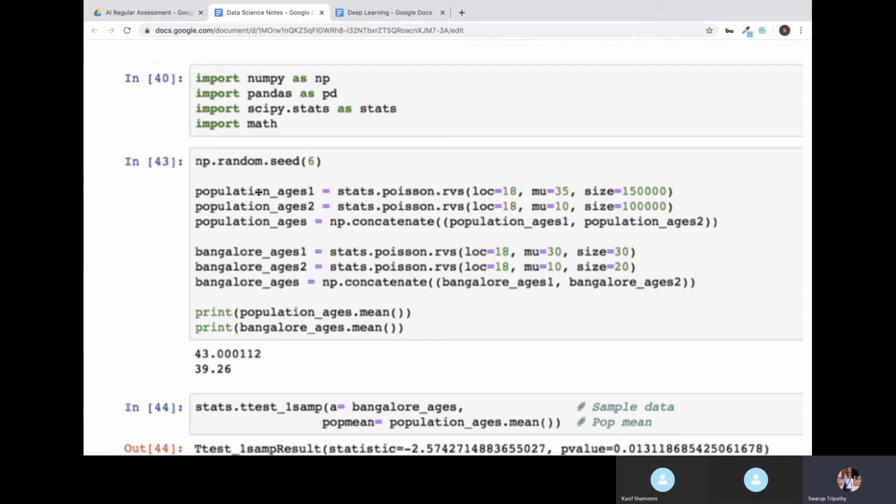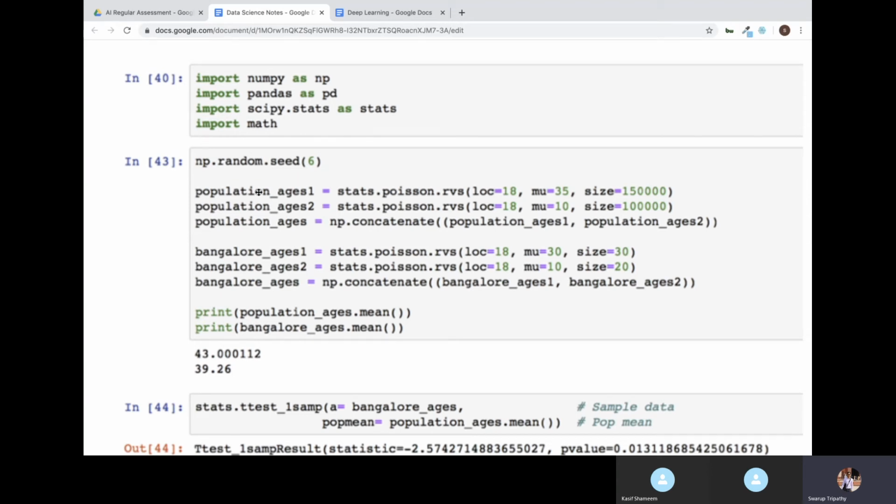Next, to create the data, I will create data on population, say the total population in Karnataka. Suppose 2,50,000 people is my total data set. That is my population data set, and here I am calling it population age. I am going to take the age values of 2,50,000 people in Karnataka, generating random values of 2,50,000 records, but creating this age within some kind of distribution.